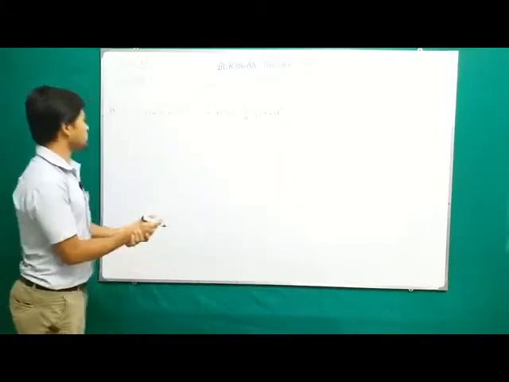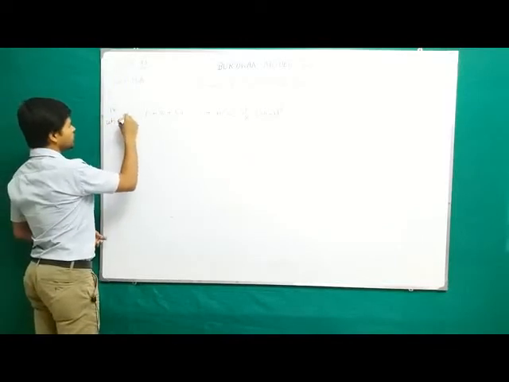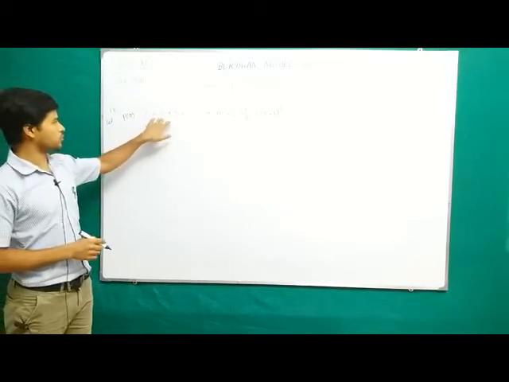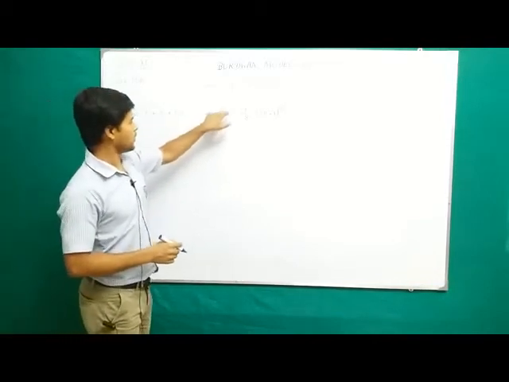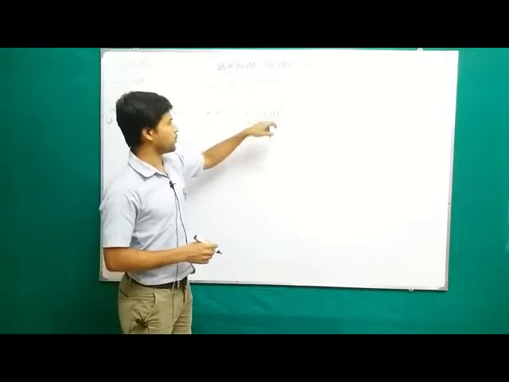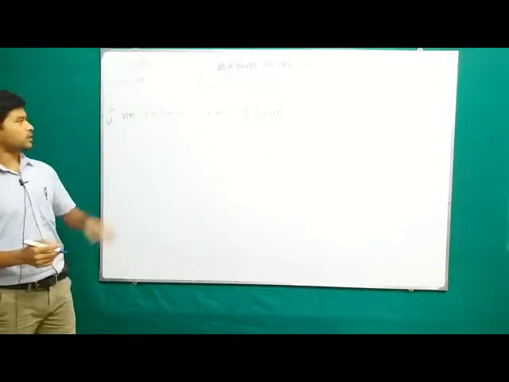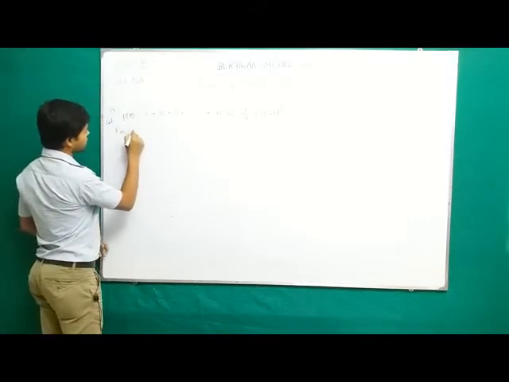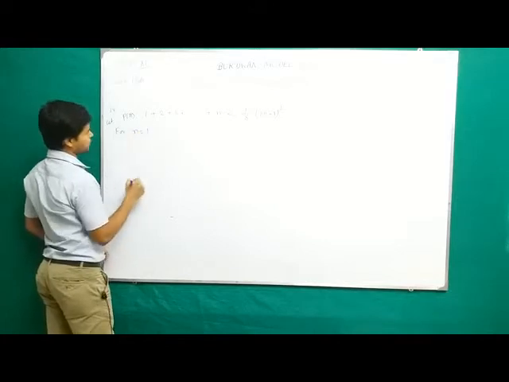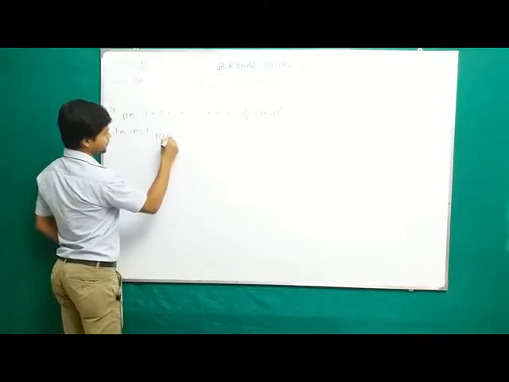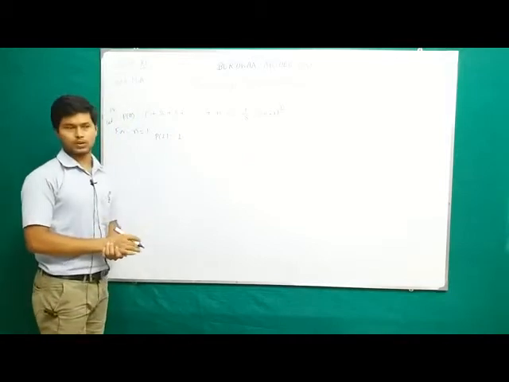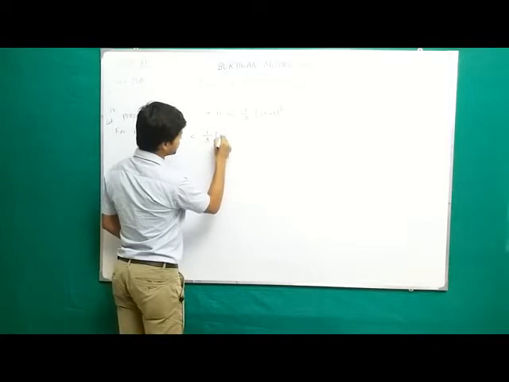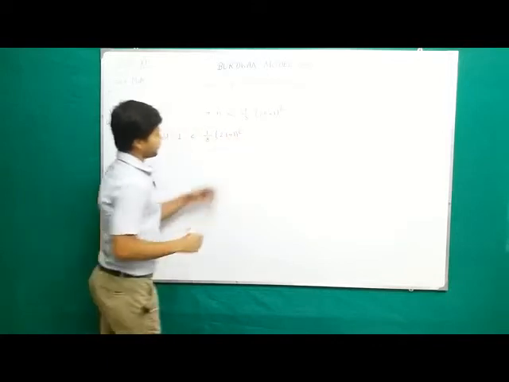So what we have to choose here? First we have to consider the given expression as p of n. So let p of n equal to 1 plus 2 plus 3 plus dot dot dot plus n less than 1 by 8 into (2n plus 1) whole square. Now we'll check whether the given statement is true for n equal to 1 or not. So for that, put n equal to 1, we have p of 1 means the first term, which is equal to 1. Now obviously 1 is less than 1 by 8 into (2 into 1 plus 1) whole square, because if we calculate the